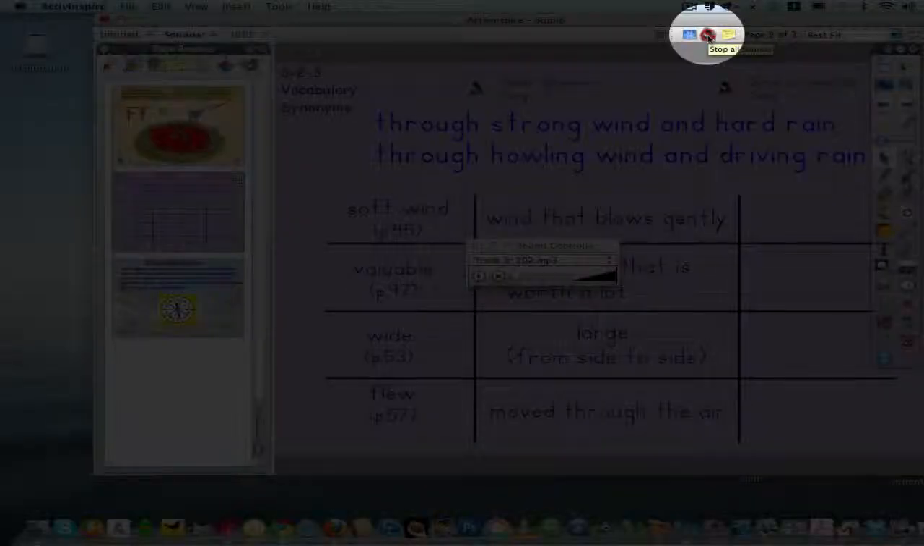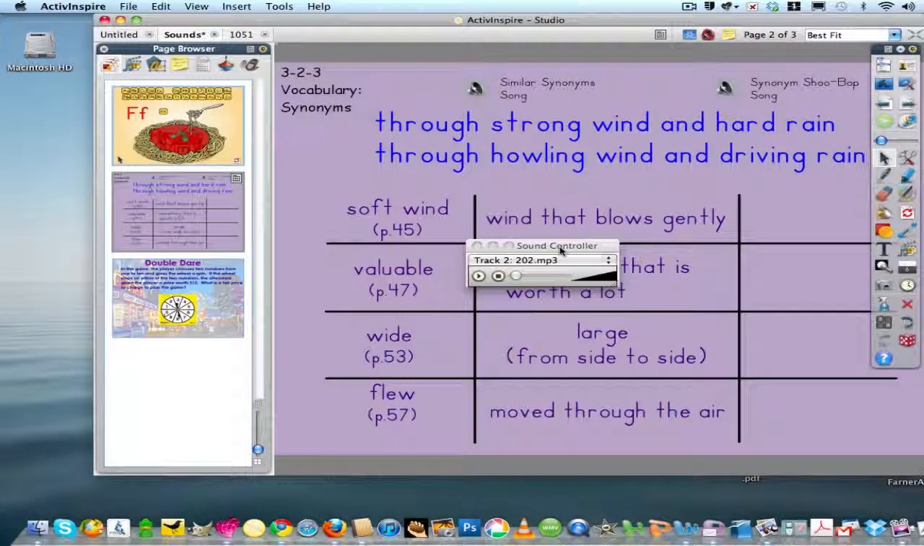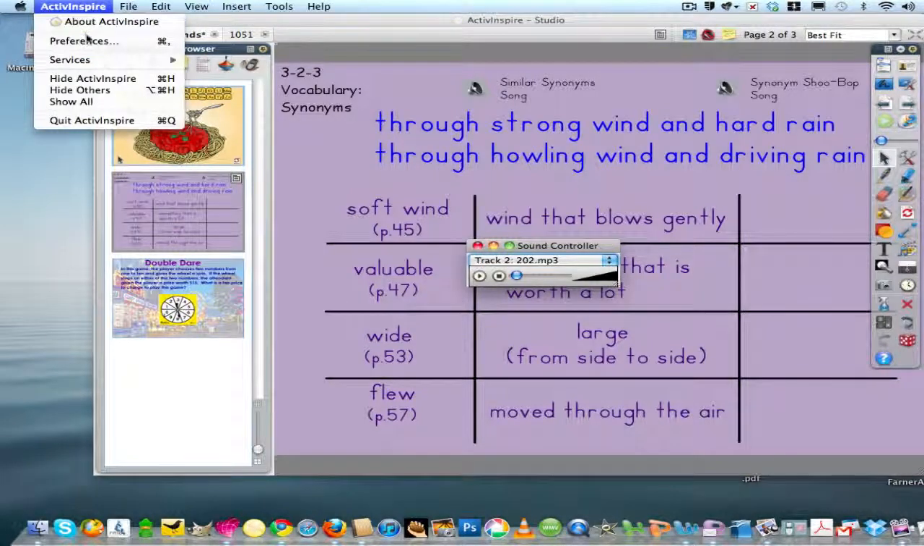You see that I go to the top to this tool to stop all the sounds, but my preferences are also set up to show me the sound controller as a way of stopping and starting the sounds as well. Just so that you know, to get this sound controller, that is something that you would set up in your preferences. If you go under ActivInspire to Preferences,